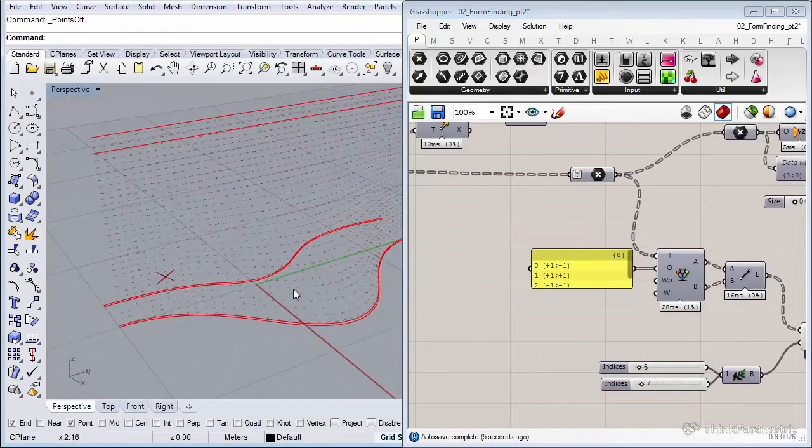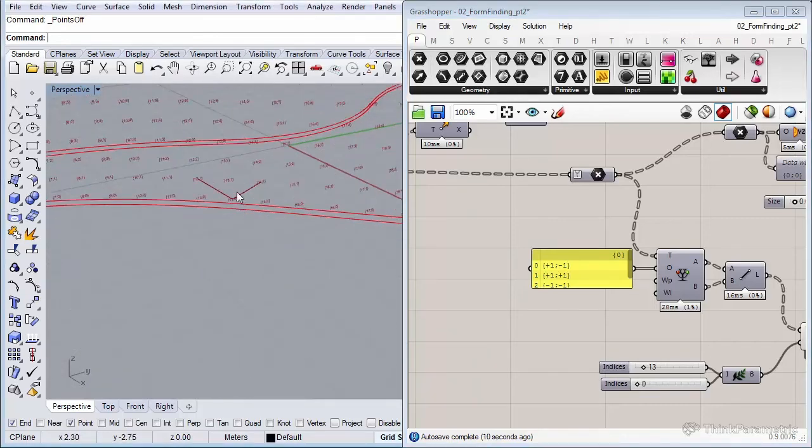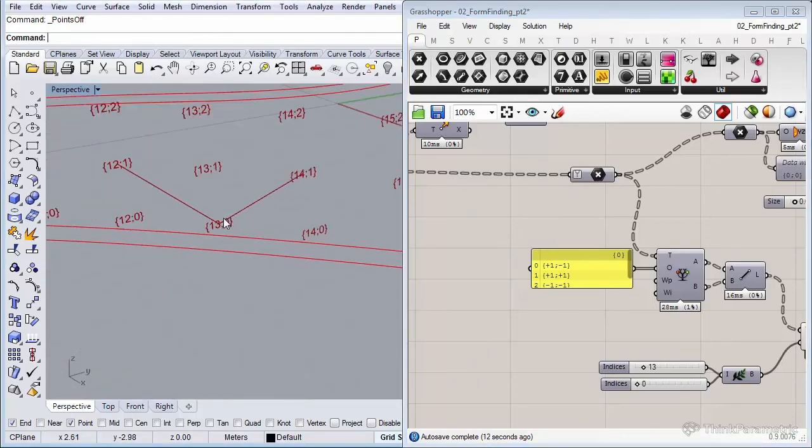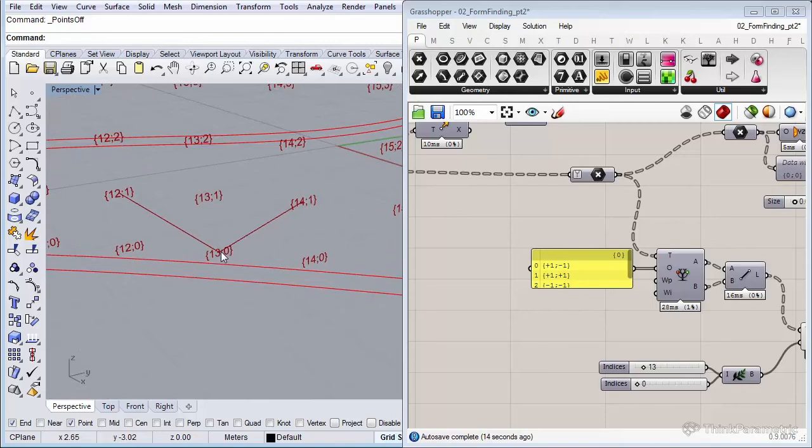I can move over the grid, as you can see in the Rhino canvas, and select any single branch, and it will show me the relation with the neighbors. And if I go down, for instance, to 13,0, you see that of course it can't connect to the bottom, and that was because of the wrap values we set to false.